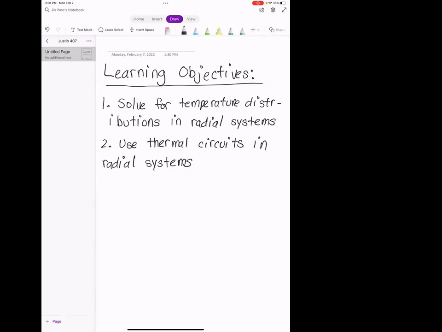Okay. And so the plan for today is we're going to continue on with our lecture notes on radial heat conduction systems. So that's cylindrical systems, spherical systems, and everything like that. Before I get started, are there any questions I can answer on the homework or anything? I know I had quite a few people come to office hours this morning and ask questions on the homework. If you're on the Zoom, you probably have to turn on your microphone because I don't know if I can see the chat with this setup. If there are no questions, let's get started.